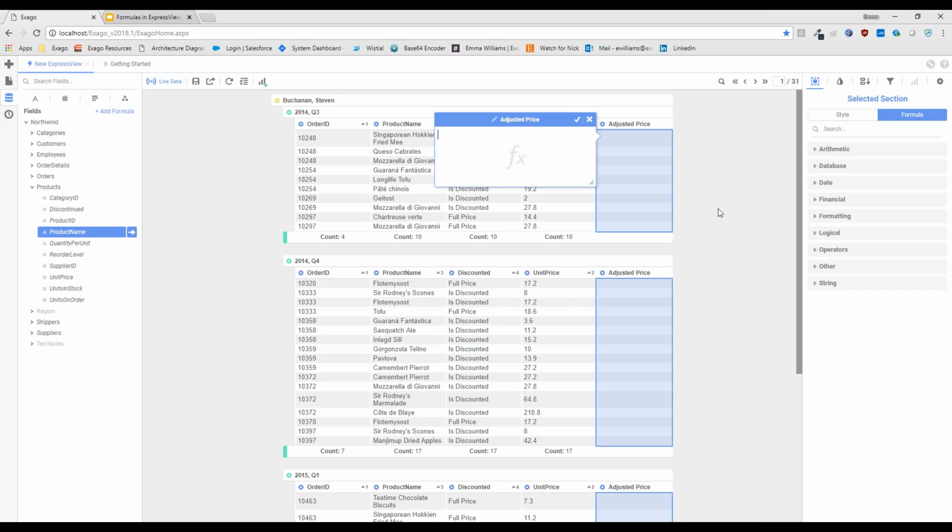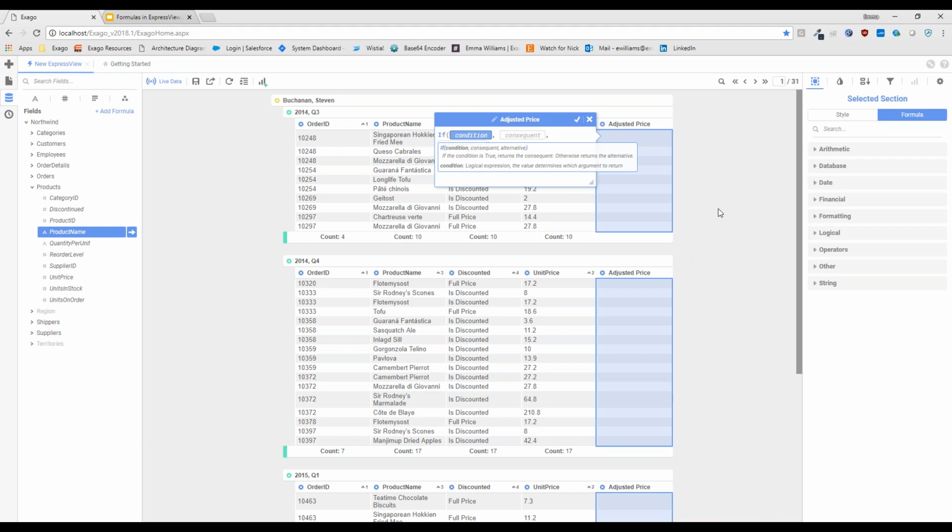So what I would like to show here is, again, I'm going to speak out loud. If the discount is 0, let's show the unit price, because if there is no discount, the unit price is also the adjusted price. If the discount is not 0, or else, we would like to show the adjusted price. Now that adjusted price is going to be unit price times quantity times 1 minus the discount. If that didn't make sense to anybody right off the bat, we're going to go ahead and write this out.